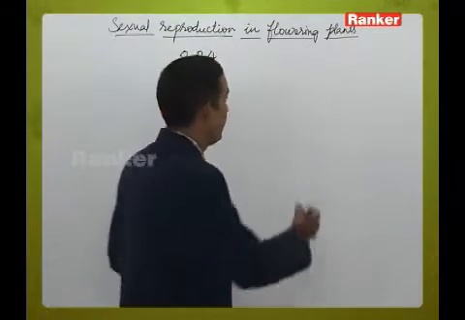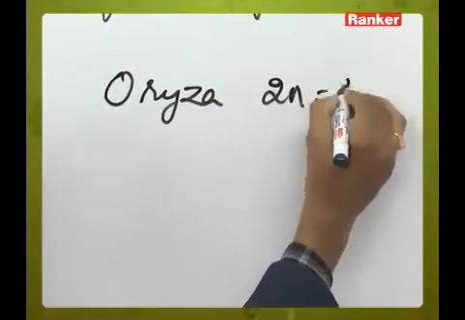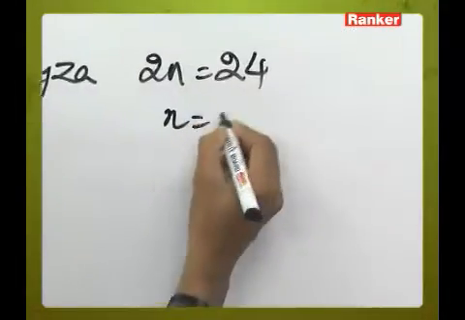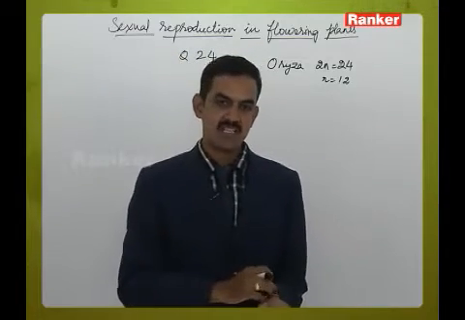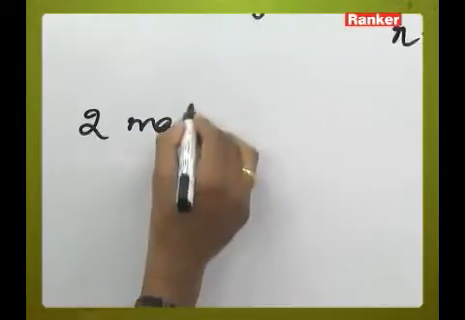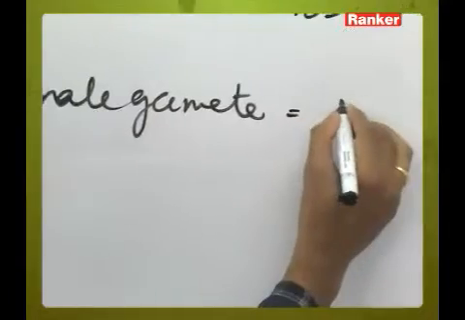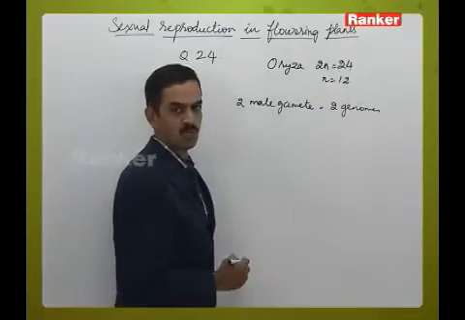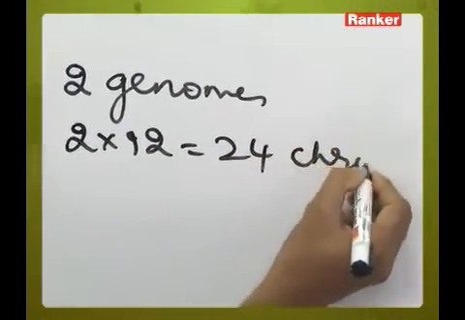Okay, the question is related to the oryza plant. In oryza, the diploid number of chromosomes is 24 and the haploid number of chromosomes is 12. And here the question is related to before fertilization, it has 2 male gametes in it. We know that each male gamete is haploid in condition, so 2 genomes are present. Each genome contains 12 chromosomes, so 2 into 12, it is 24 chromosomes in the